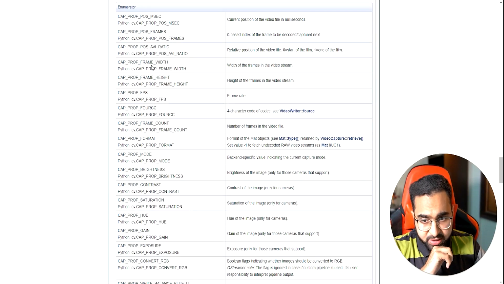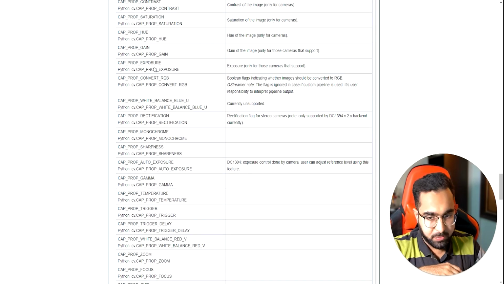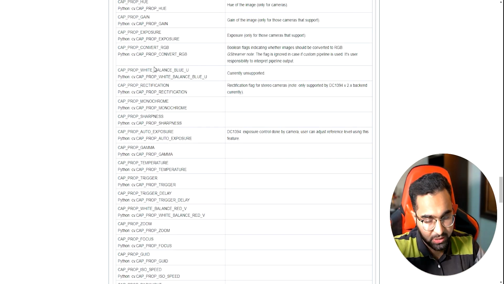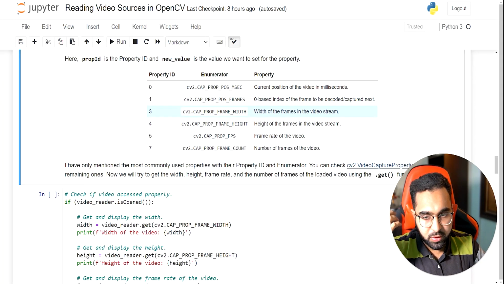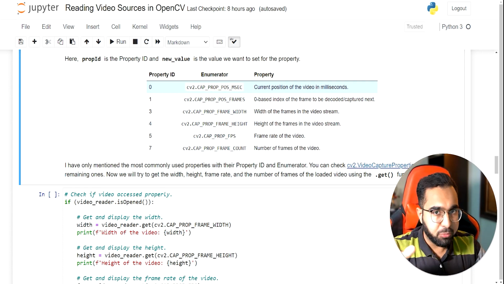I can't go over all the properties that you can control here, but I'll go over some of the most important ones which I think you should know. One of them is this property, MSEC. This is how you know at any point in a video how many milliseconds, or what time, has passed. This is really useful.